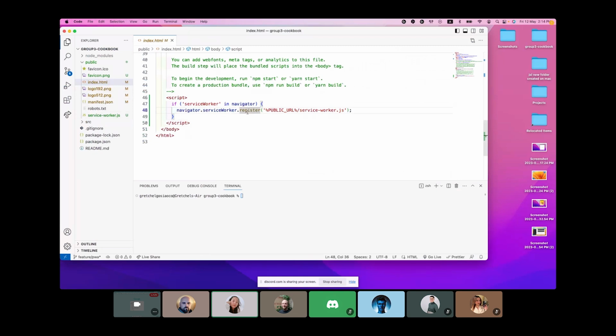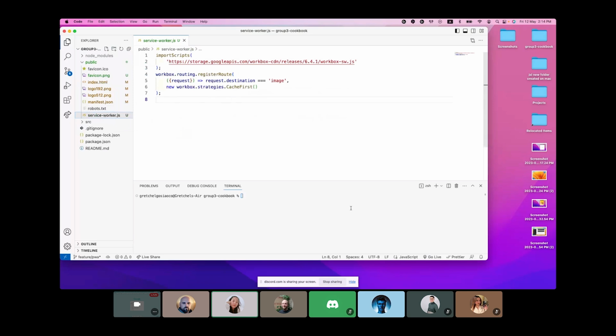So we do this registering of our service worker, and then in the service worker, using the Workbox library, I register a route, and this route has this strategy, which is cache first,